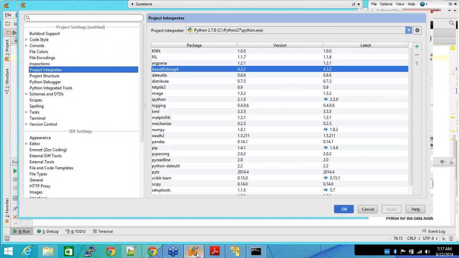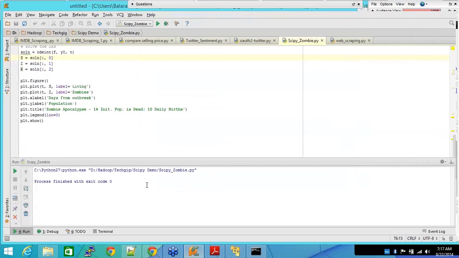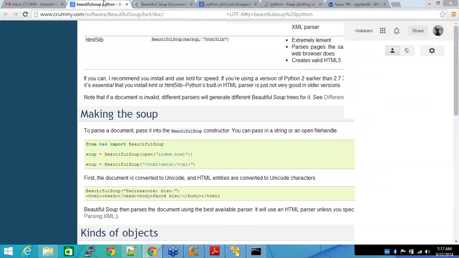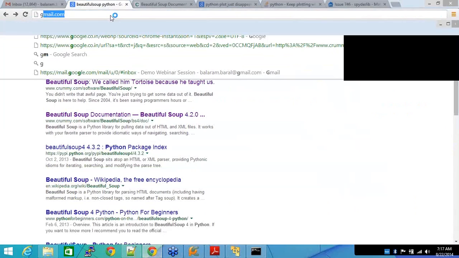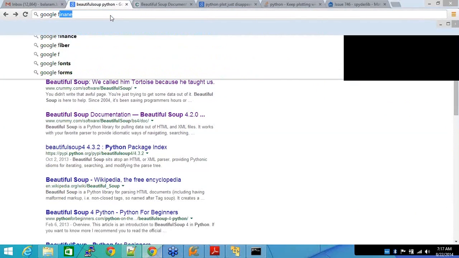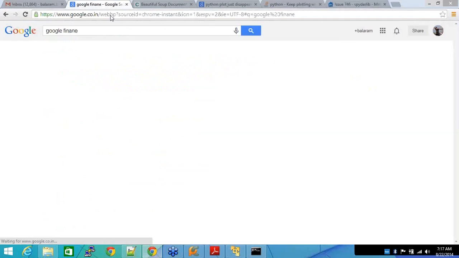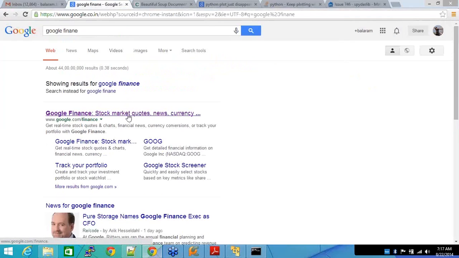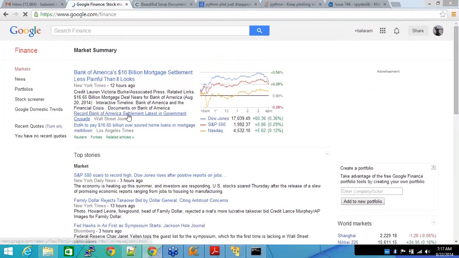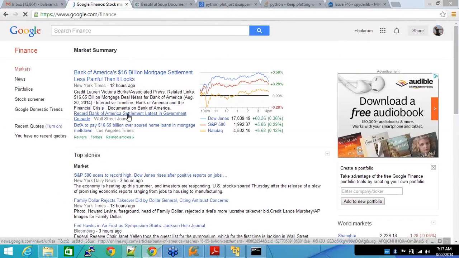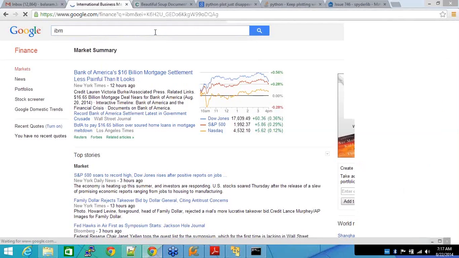Now let me run a program for you on Beautiful Soup. When I started writing this program, my idea was Google Finance. Everyone is doing some kind of analysis on the stock market these days. Everyone is trying to buy or sell stocks, so they go to Google Finance, or some other website. So I started with Google Finance, and I was like, let me check the share in stocks